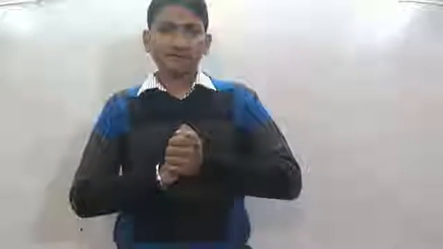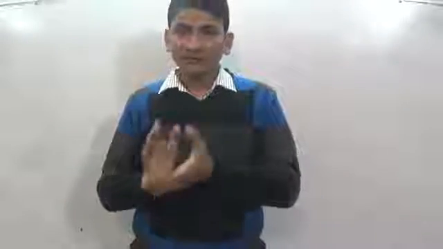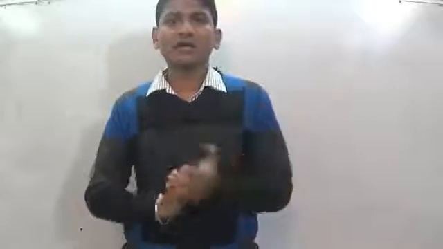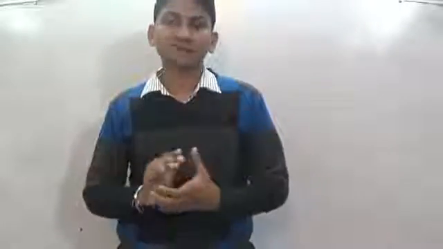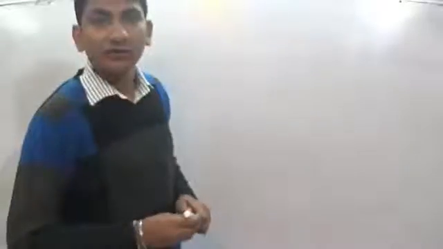So, in the previous lecture, we studied mechanics. Now, we will move one step forward. What is uniform motion? If an object is covering equal displacements in equal intervals of time, then it is known as uniform motion. Then we have uniformly accelerated motion. The difference between the two is like